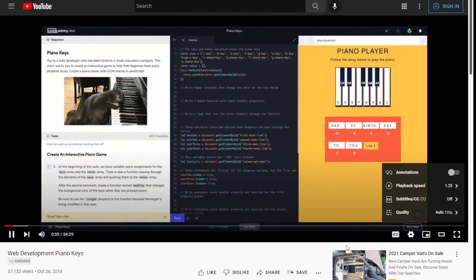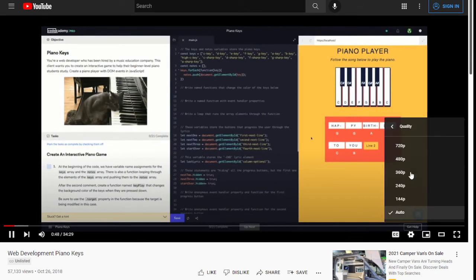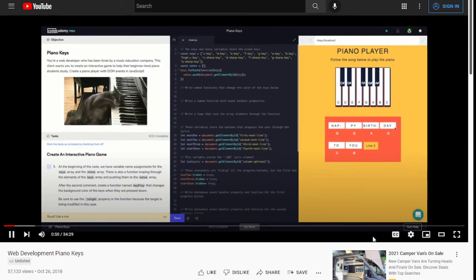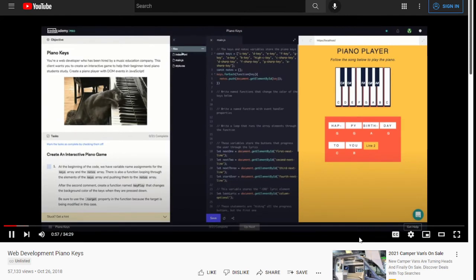Okay, so at first glance we see our text editor right here with some JavaScript written on it. On the right side, in your browser, there's what looks like a little piano player with some lyrics and notes, a little box right over here on the right. If you click on this directory here on the top left corner of our editor, you'll see all the other